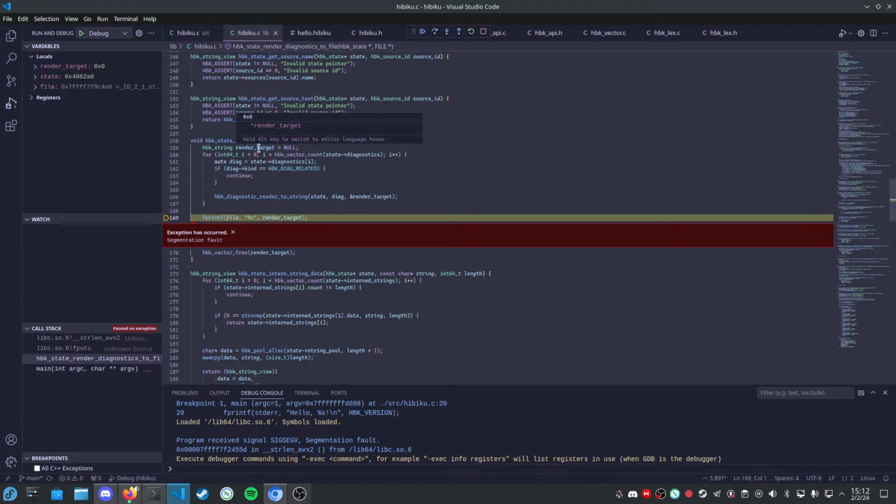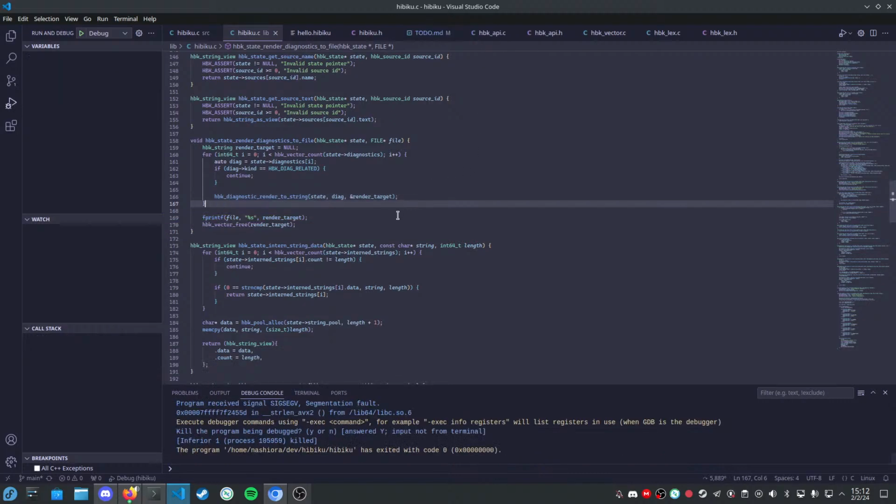So you can't print null. So if there are no diagnostics, because we were testing diagnostics, so now that we've removed the diagnostics,